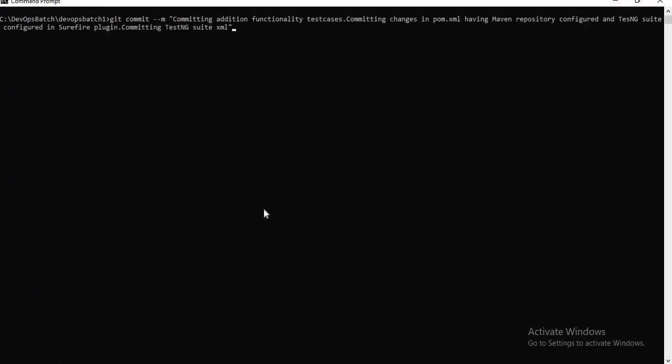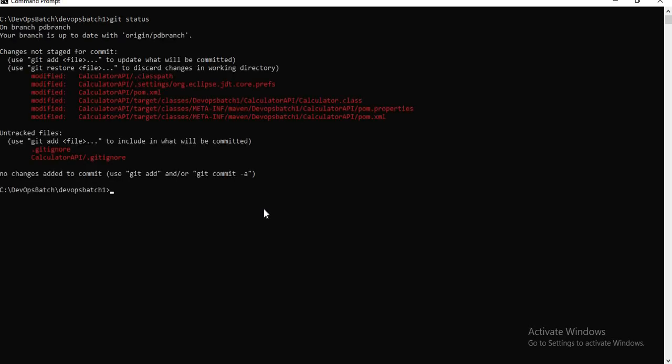So I'll say git status. I have changed the POM XML. Let me add it to staging.